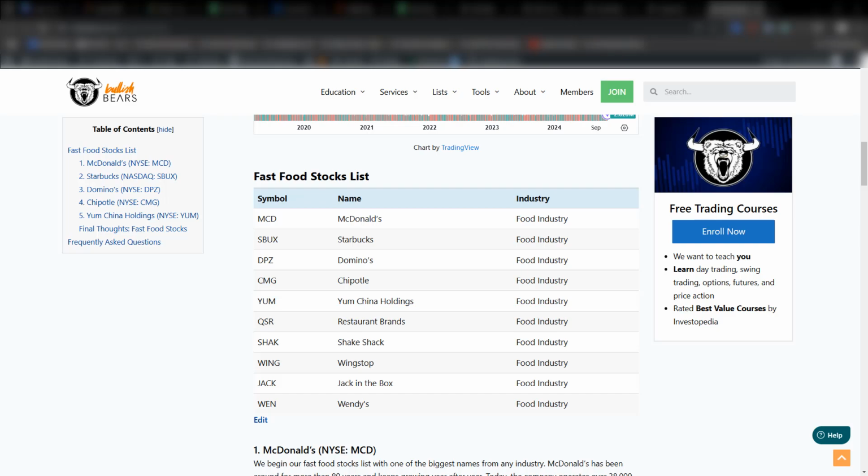So basically, you could go on our website, make sure you bookmark these pages right here so you always can reference them, because when different sectors or industries are running, you can go to the different industry, pull up the most popular stock symbols, and see if there are potential trade setups.